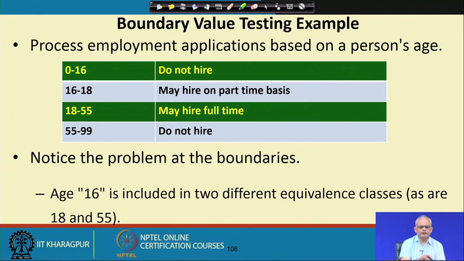So, even when describing the problem, we can commit a mistake at the boundary as exemplified here, that the boundary values we have not taken care of sufficiently. The specification of the problem itself is defective and has not clearly identified which equivalence class the boundary should belong to, and of course, the same thing will get reflected in the program, and therefore, boundary value testing is